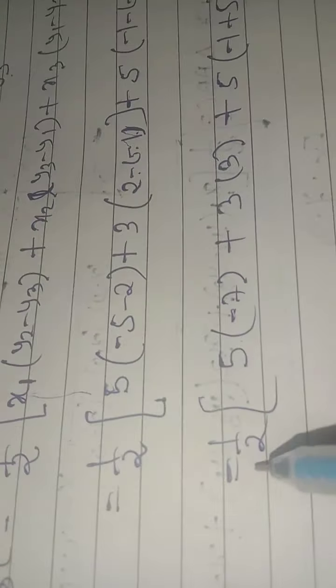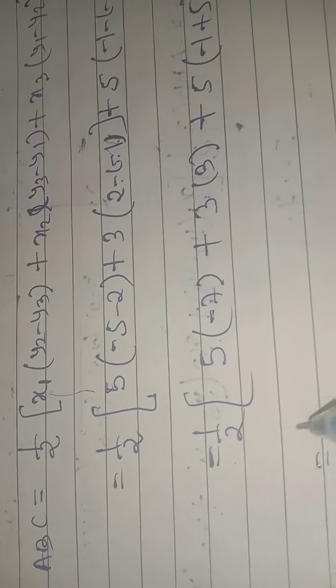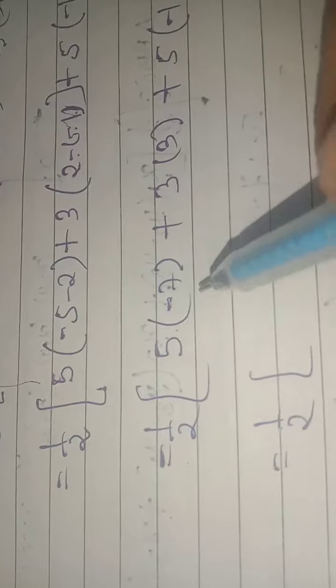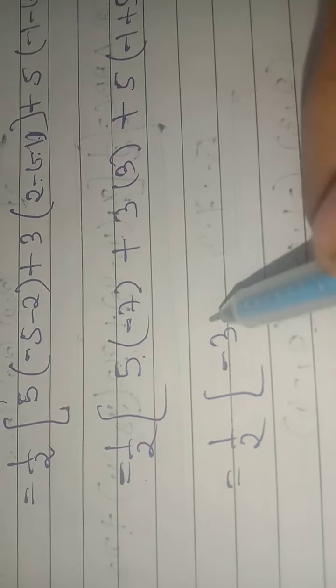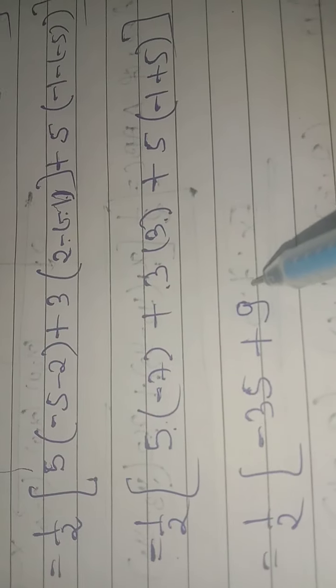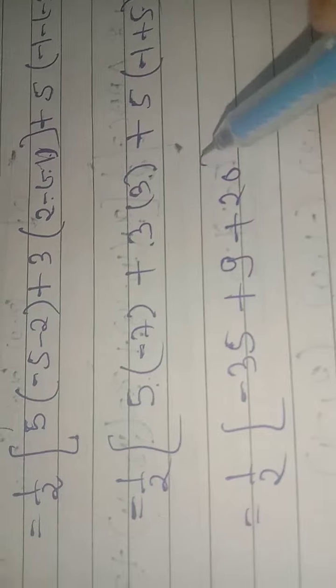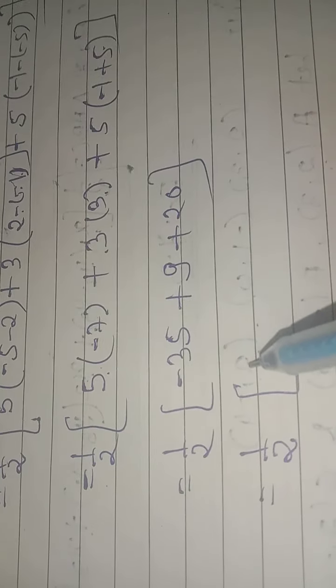Just add one more step here. So what we'll get now, it is 1 by 2, 5 into minus 7, it is minus 35, plus 3 3s are 9, plus 5 into 4, 4 5s are 20. So it is 1 by 2 minus 35 plus